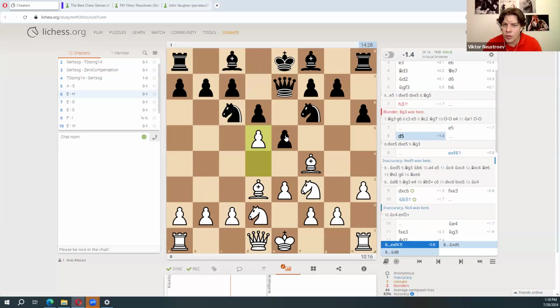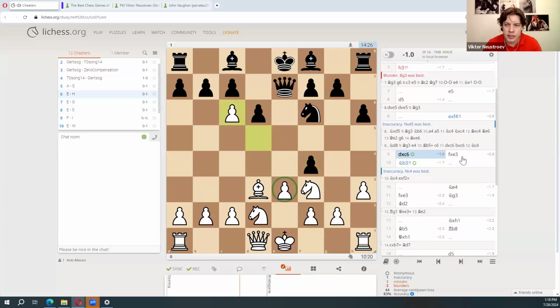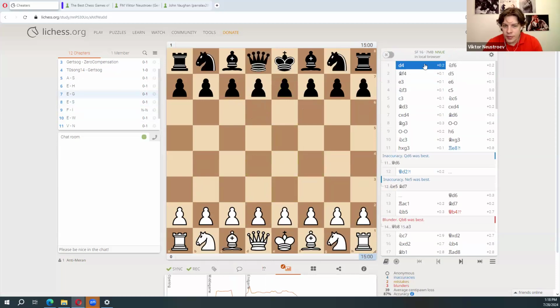Okay, so only this move was played on their own. And I think actually this move, okay, so yeah, maybe from this moment, yeah, I mean, somewhere from here, they started doing the moves according to the engine. Okay, now the second game. So we can quickly go through it and you will tell me if black was cheating or not.